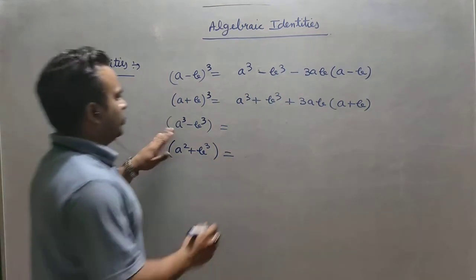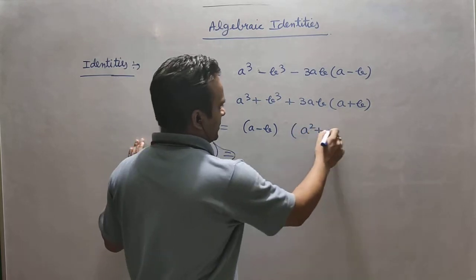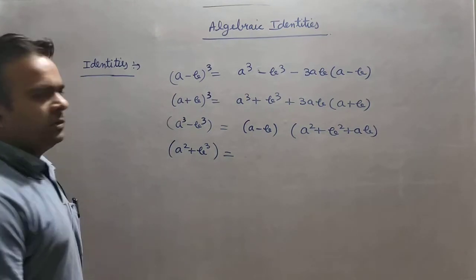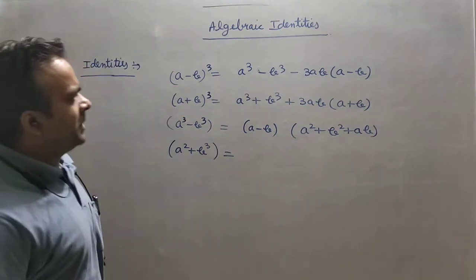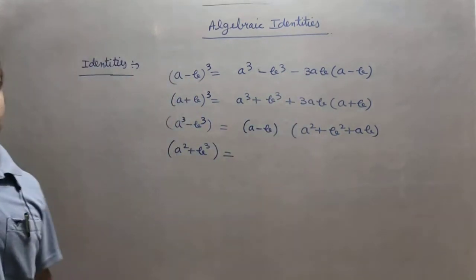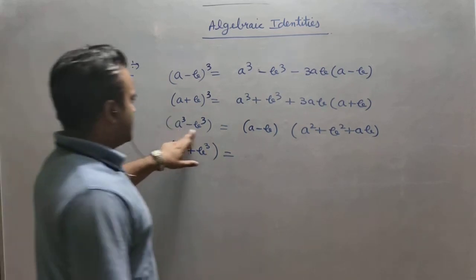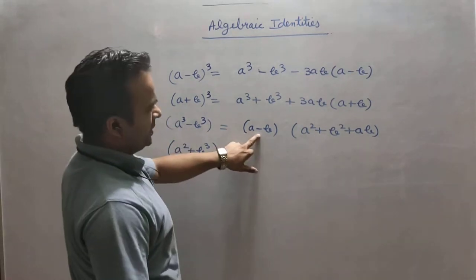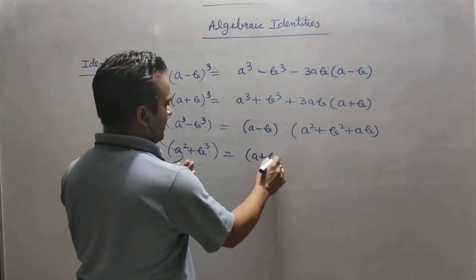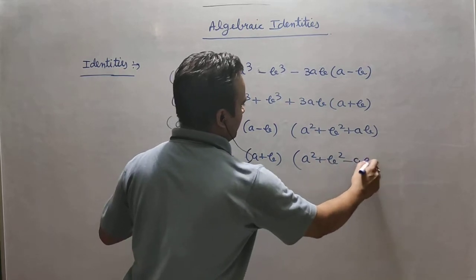a cube minus b cube will be (a minus b) and the other part a square plus b square plus ab. So in these identities, what is common? The terms are the same, only the sign is getting changed, so you have to remember that sign. In this case a minus b, I have put minus b, but the others are plus. But for plus, I will do a plus b, but here ab will be minus. So you should remember only ab will be minus.